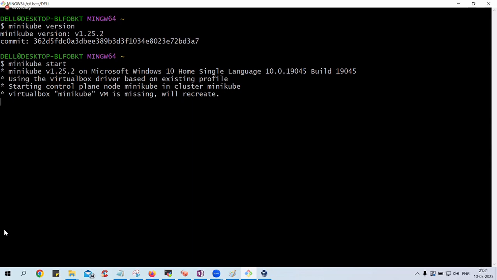Okay, you can see VirtualBox minikube VM is missing. We'll recreate. It will take almost 7 or 8 minutes to my knowledge now. And then you'll get your prompt back or cursor back. So once you get your cursor back, it means that installation is ready.